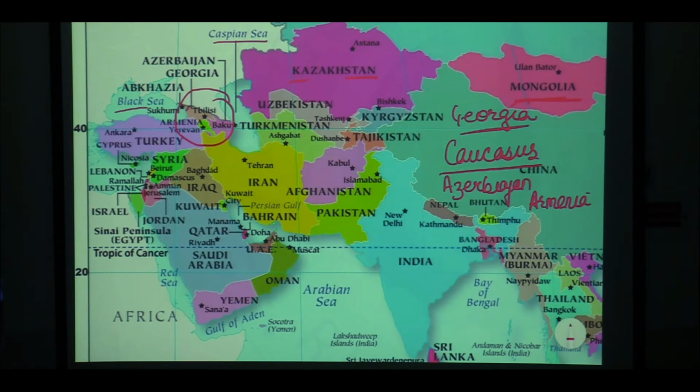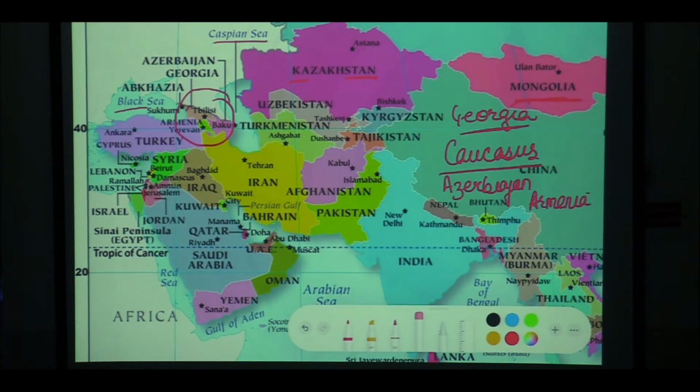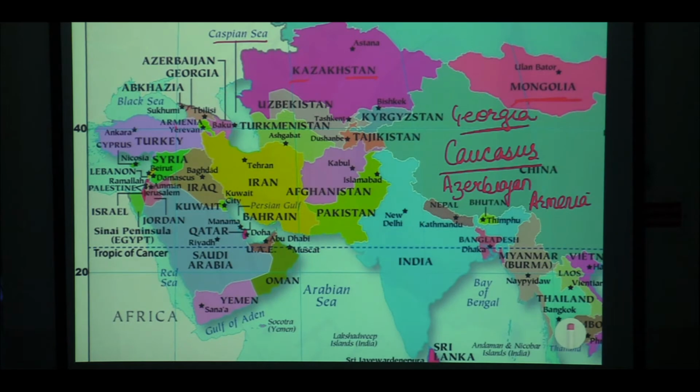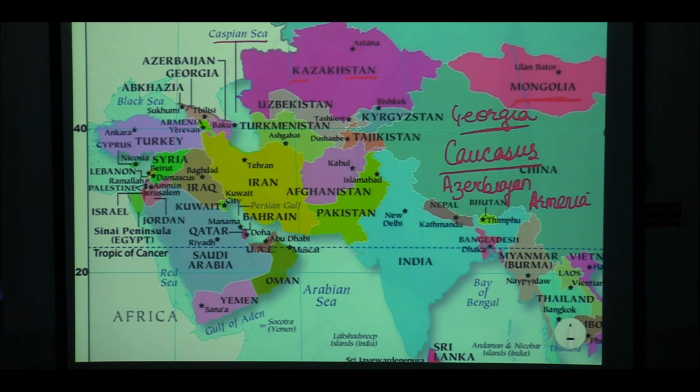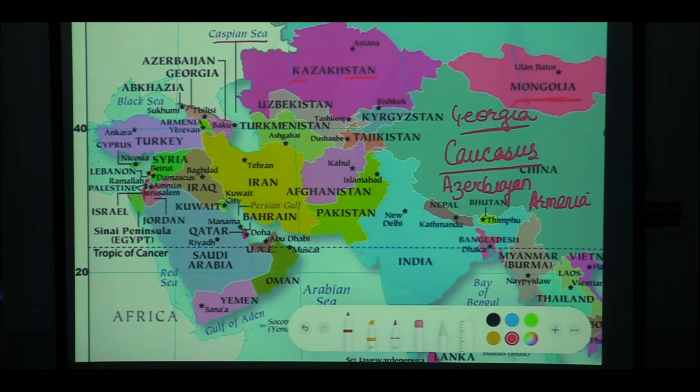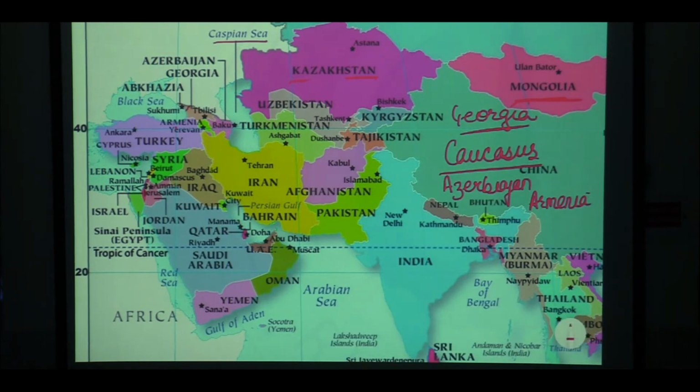Mind it, these are also the breakaway countries of the former USSR. I want you to read out their names very clearly with the important blocks demarcated. Now, which are these countries that we are talking about? Can you notice Georgia, Azerbaijan and Armenia written here? I have already written the names. These countries are Caucasus states, and mind it, they are a cusp between the Black Sea and the Caspian Sea.